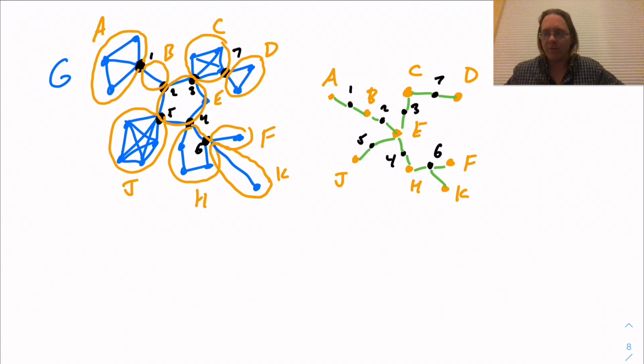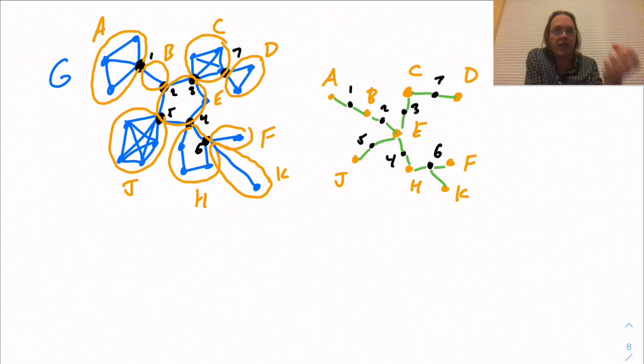So what is happening here? Hopefully you can kind of see how I got to this. This block cut point graph is a very, very natural object. When I take my original graph G and just circle those blocks, you can see that there's a kind of tree-like structure to this picture. If you just think of each block as being a single vertex, then there you go. You're staring at something that's like a tree. So our block cut point graph is a tree, and one way of describing what we're doing here is we kind of